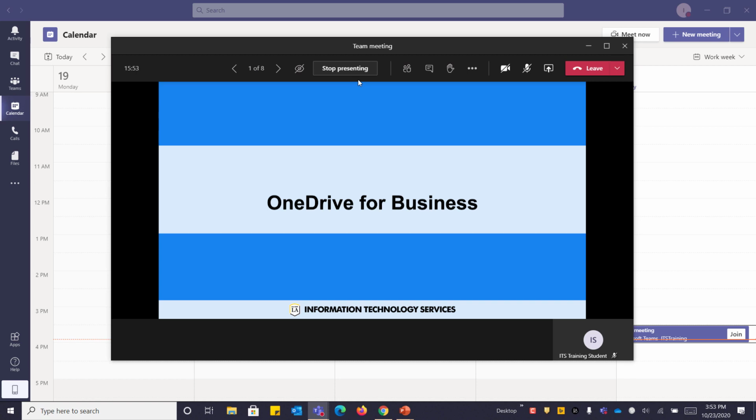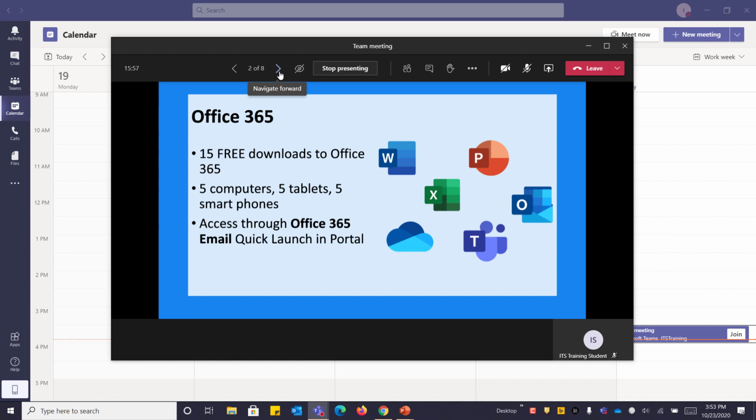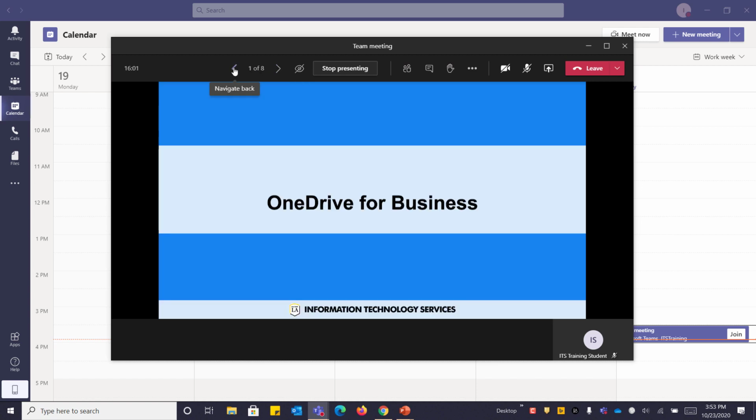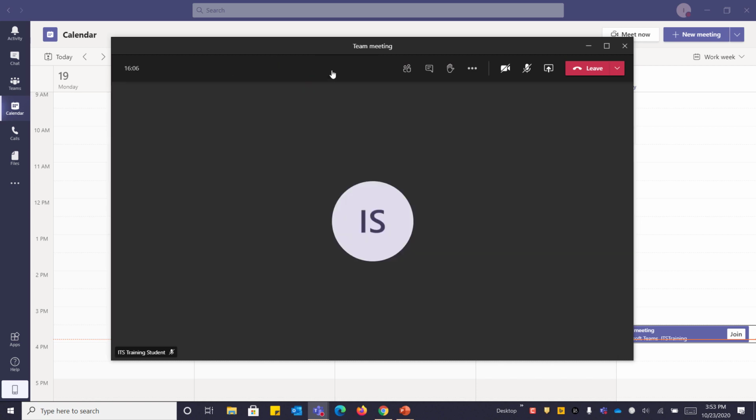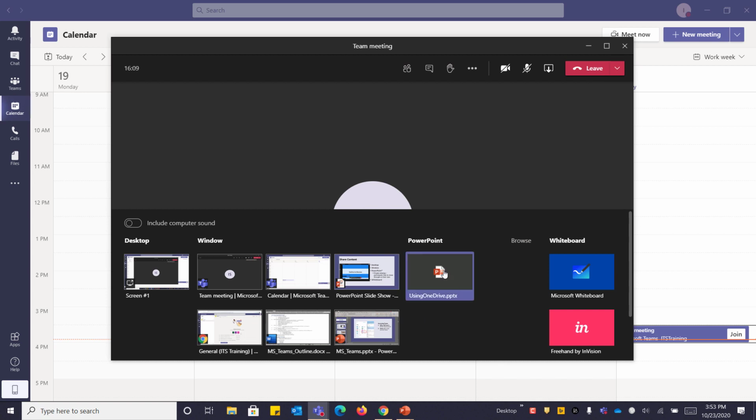Now the way you present a PowerPoint in here is by using the arrow keys found within your team meeting. When you're done presenting, you can just stop presenting. You don't have to use the PowerPoint feature that's built into Teams.